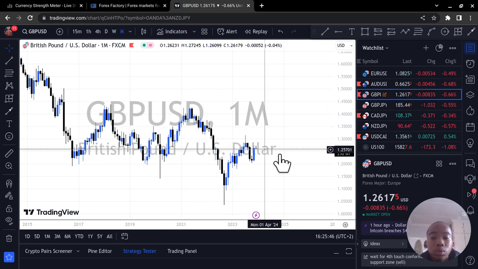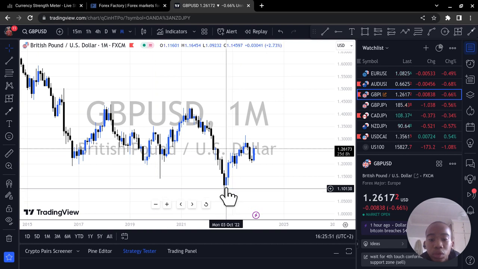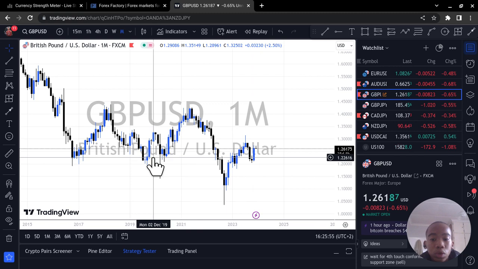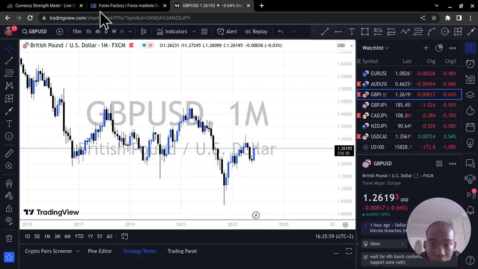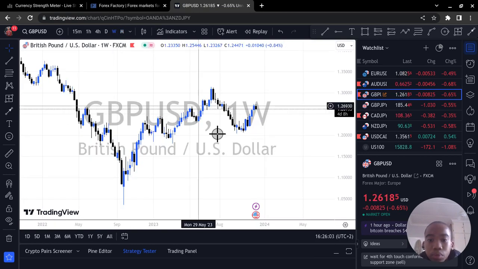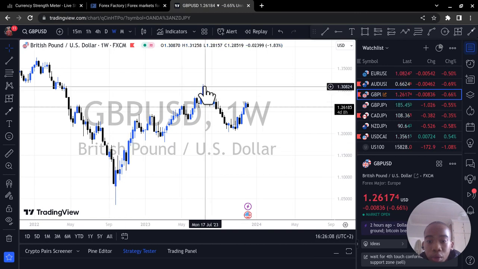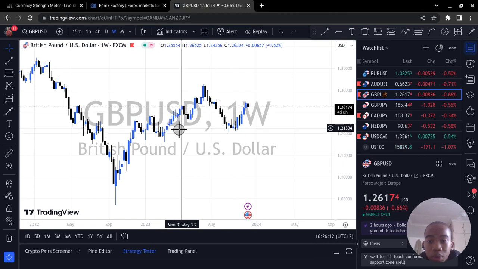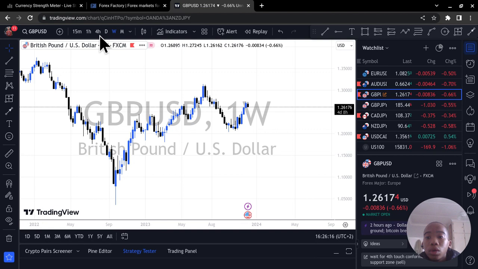But what would add confluence to that is this left shoulder, this head, and the second shoulder here. Right, these are two price peaks, and it would be a reverse head and shoulders. That's something to consider. Right, if we hop down to the weekly, we can see that as price came up, now that we're coming back down, all of a sudden we formed support, and now we're aiming for here, right here. So that's what I would say